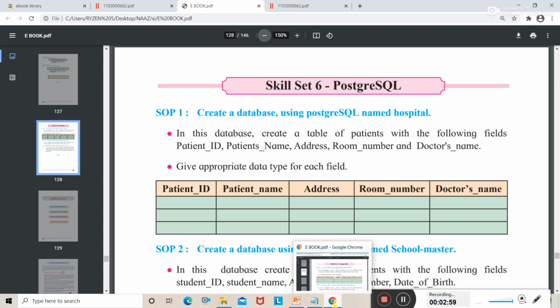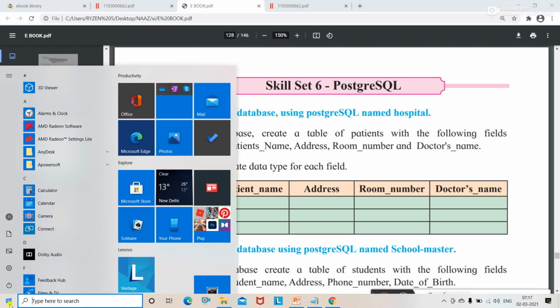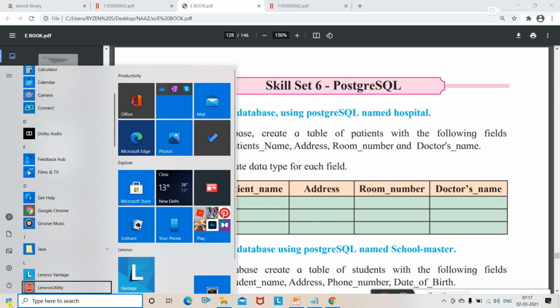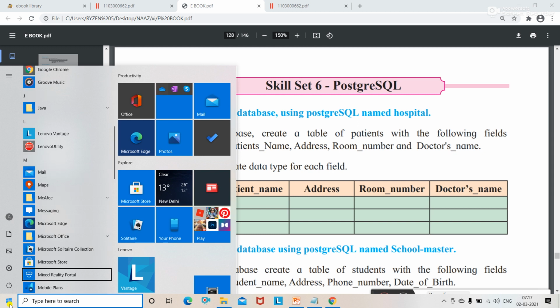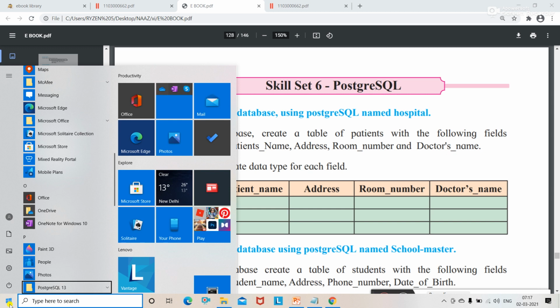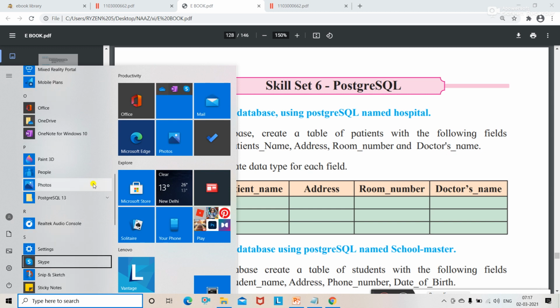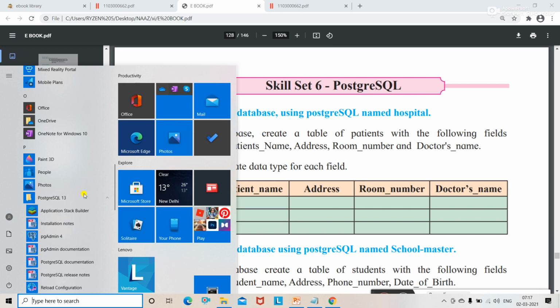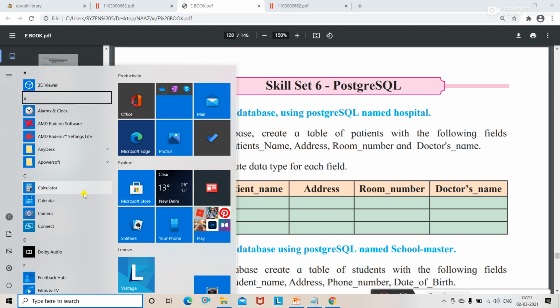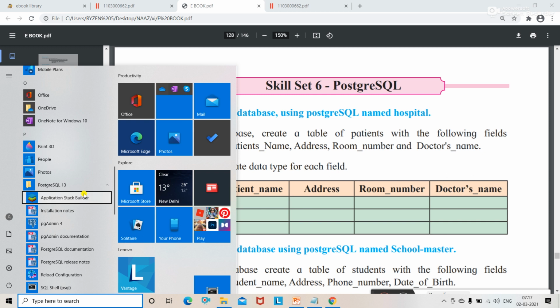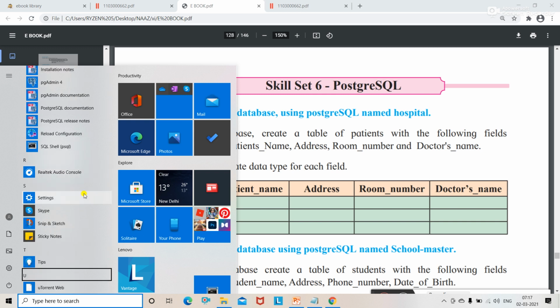We'll start with Postgres, how to open the SQL shell. You need to go into PostgreSQL 13, and then from here you need to select SQL shell.